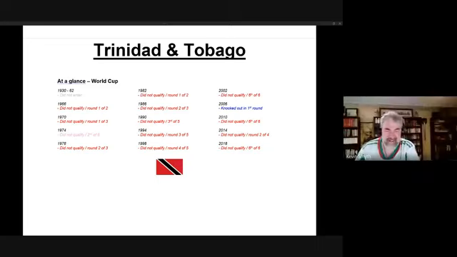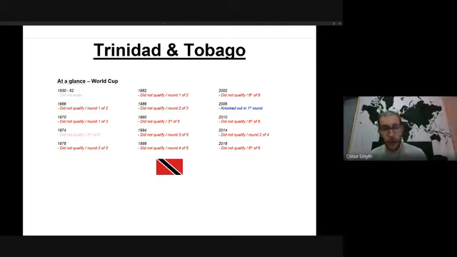Yes, they did. I think they even sent a B team to that game because they were out of contention, and the B team beat USA and knocked them out of qualifying. I'm sure USA will want to get revenge over that. That was quite a famous win. You're absolutely right. Several key players missing, and it was one of the final games too. And they pulled off a glorious shock. But even more ironic was that it was a meaningless game for them, where it meant everything for the United States.